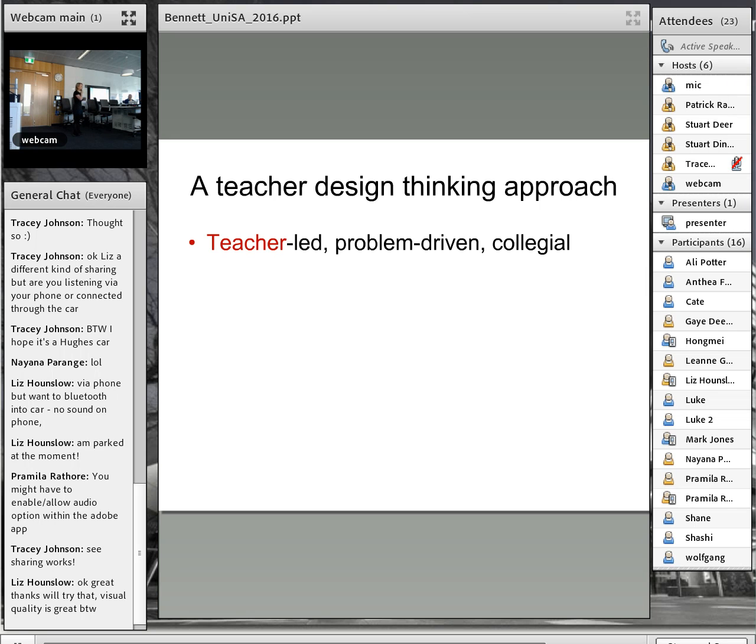Okay, so first of all, I think fundamentally it has to be teacher-led and problem-driven and collegial. So really what I'm saying is it needs to be bottom-up. It can't just be top-down. I've seen lots of situations before where somebody high up in teaching and learning has said, okay, this is the model we're going to use and this is how we're going to use it. And those kind of things are, I'll say it politely, unhelpful. To get buy-in from the people who need to benefit from this, it needs to be led by them. And it needs to be based around the kind of problems that teachers experience all the time.